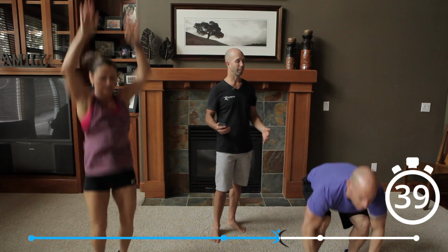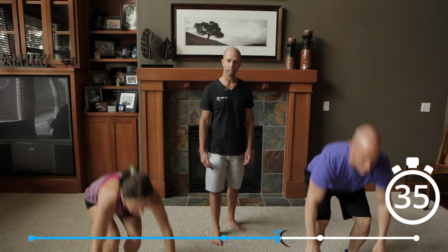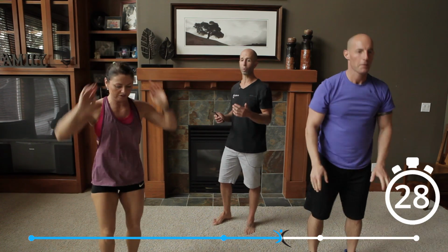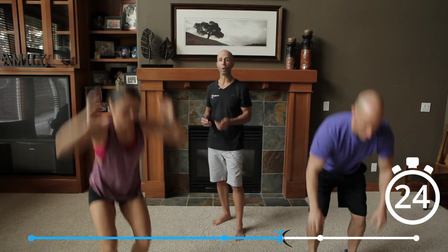Yeah, and if you need to make it a little bit even easier, you can not even reach for the sky, or just toe touch, and you can even go slower, just like that. Or you can also take a break. If you need to make it more challenging, you can even include a push-up, like Pam's doing, or even jump